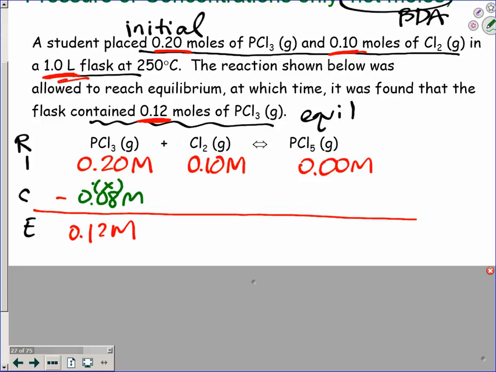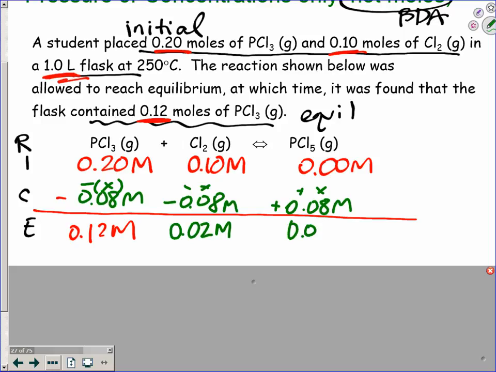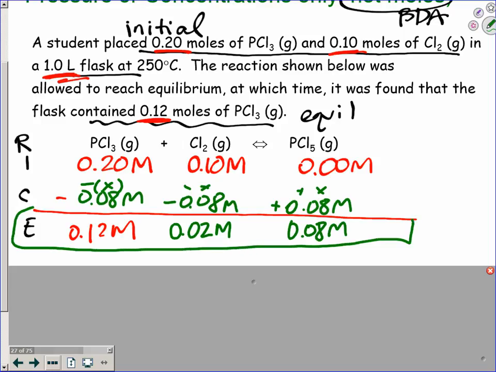So we're going to subtract that amount of x from PCl3, but we're subtracting the same amount from chlorine because it's a 1-to-1 ratio. We're adding the same amount of x to PCl5 because it's a 1-to-1 ratio. This one's easy because it's 1-to-1-to-1 all the way through. So I'm subtracting x, which is the same as 0.08, and I'm adding x, which is the same as 0.08. So what do we have here for chlorine? 0.02 molar and 0.08 molar. Okay, so then now we have equilibrium, right? Since we have equilibrium,